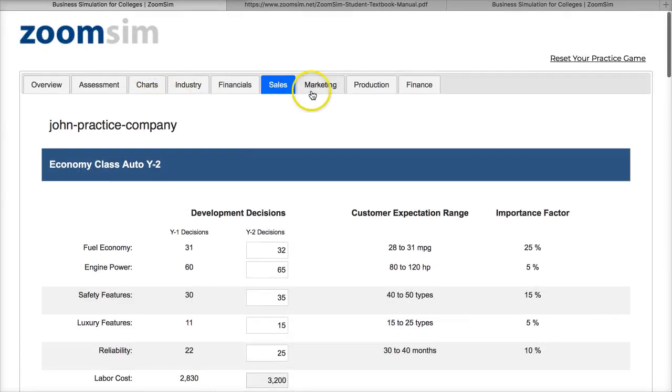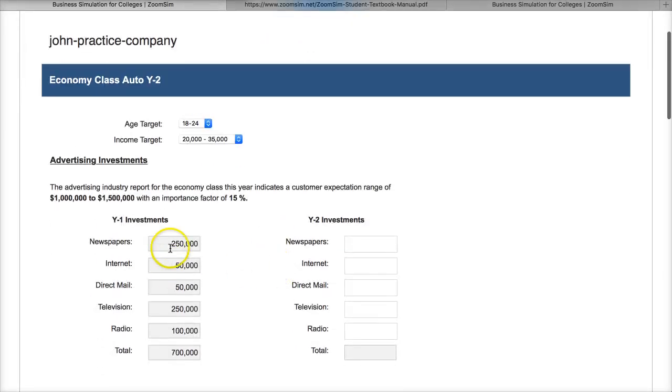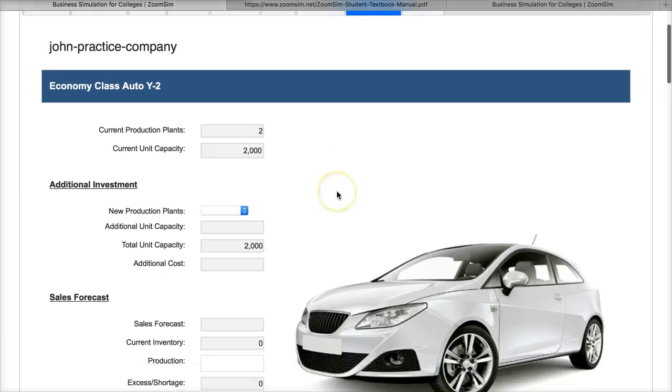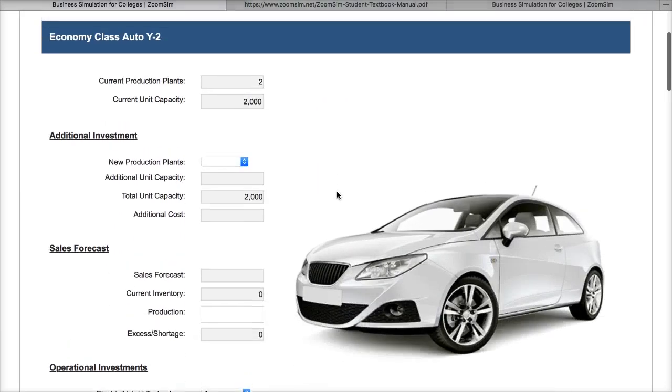Then I'll move into my marketing page, and I see what I marketed last year. And you see that now the budget is a little bit higher, so I'm going to have to redo my investments for marketing for the next year for the cars. I'll submit that, and then I have to go into production. And I see here